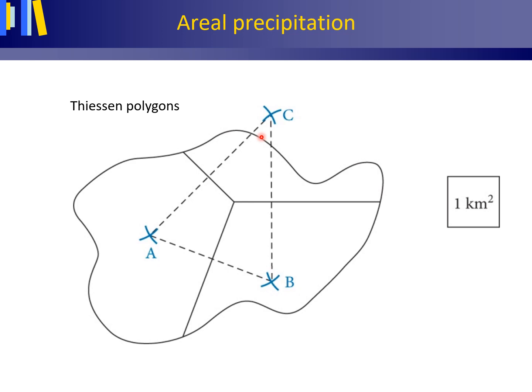This method is more accurate than calculating the arithmetic mean, but it's rather inflexible, since missing data from any one of the gauges calls for a new network to be constructed. Also, the Thiessen polygons do not cope well with orographic effects in precipitation.